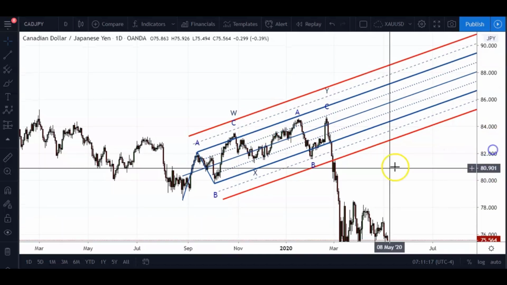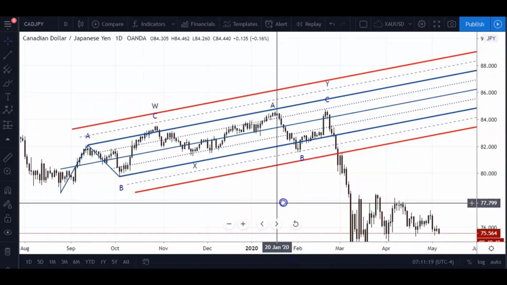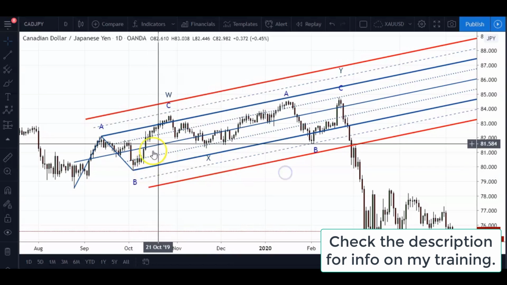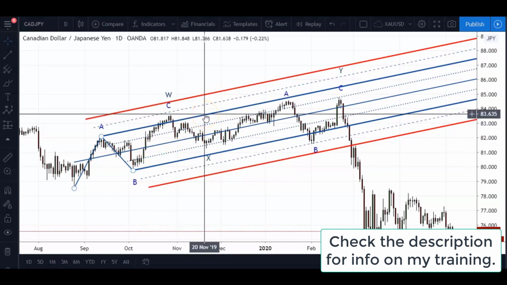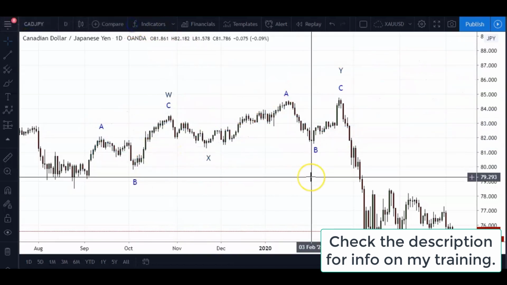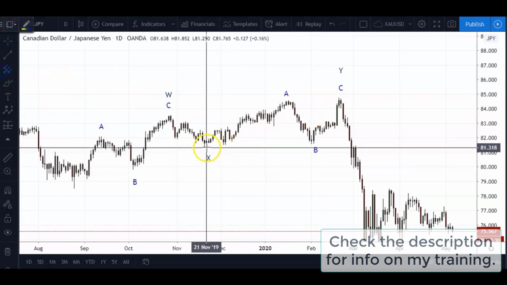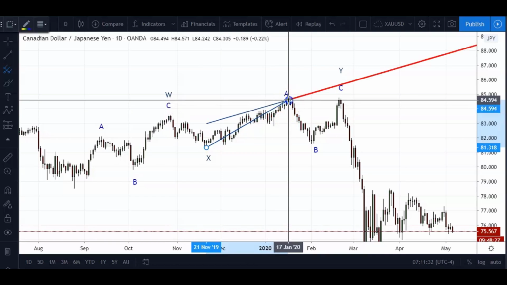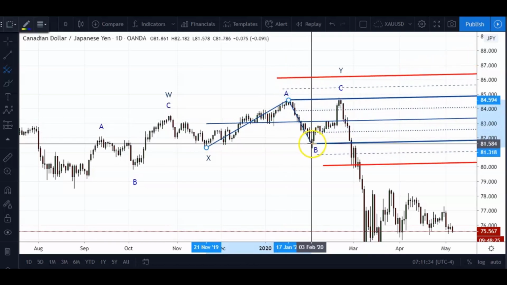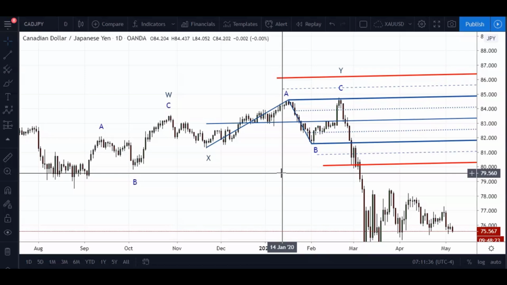Now, how I teach my students, and also what I'm trying to show you here, is that quite often when you are dealing with an ABC or secondary ABC like we see over here, it's a very good idea to draw your market geometry over the second ABC as well. And just using the same pitchfork, guys, I have not changed my settings, as you'll see through all of these